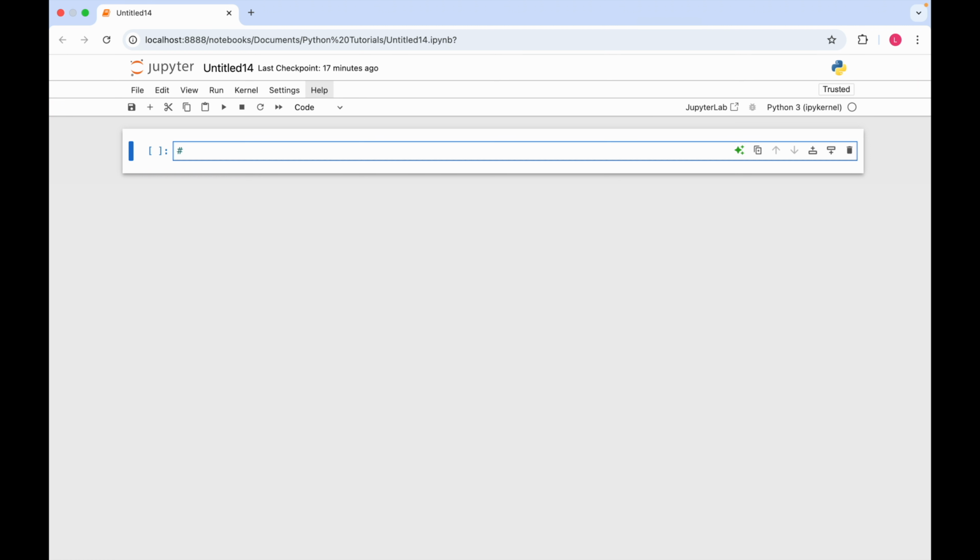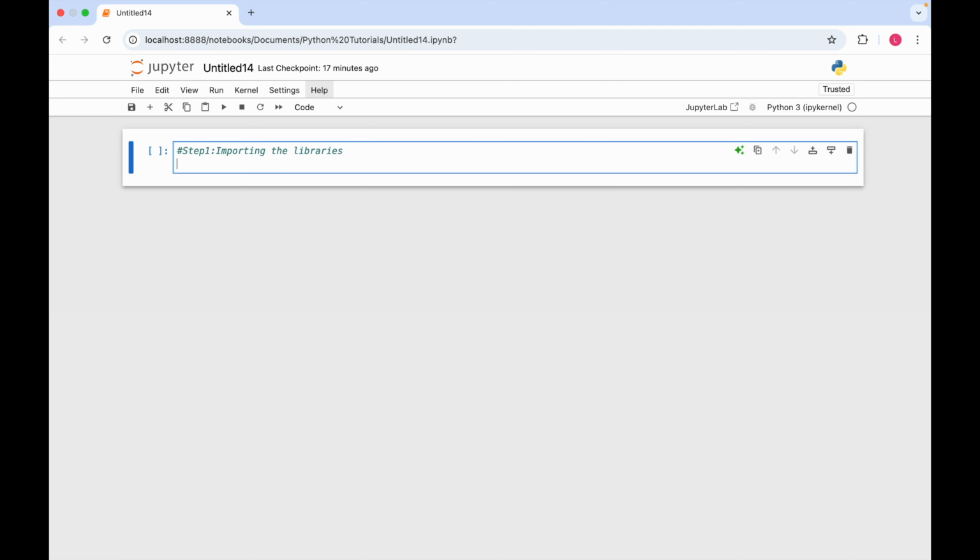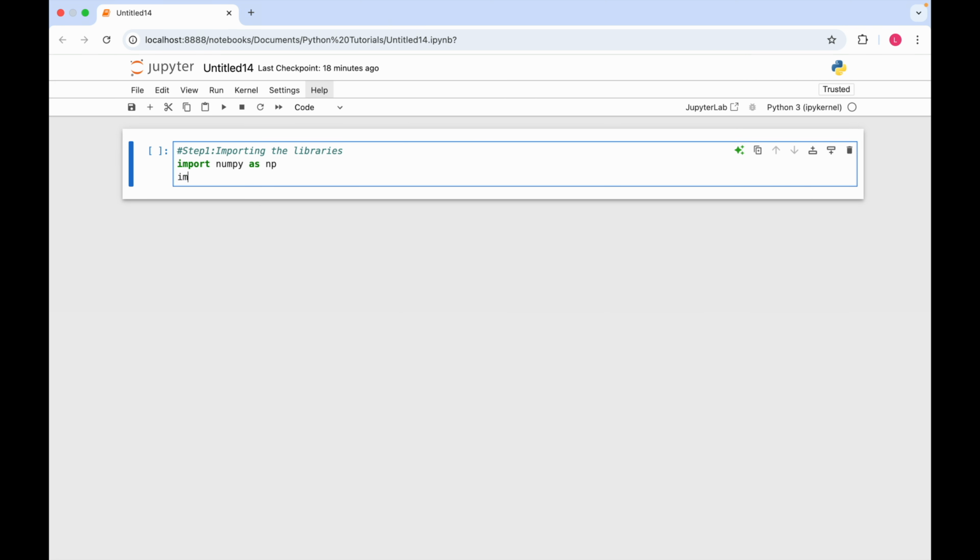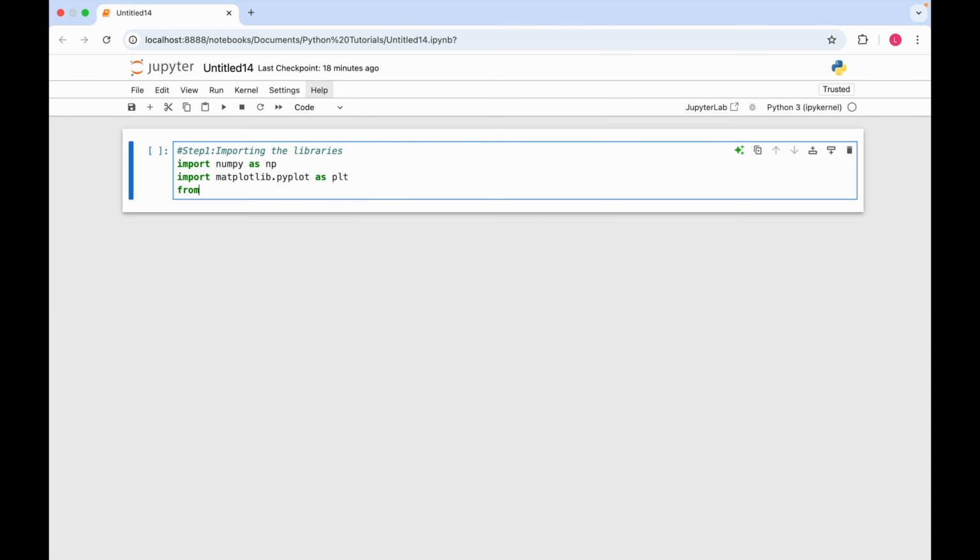So step 1 equals importing the libraries. Import numpy as np. So this is for numerical data, and another is import matplotlib.pyplot as plt. This is for visualization, and from